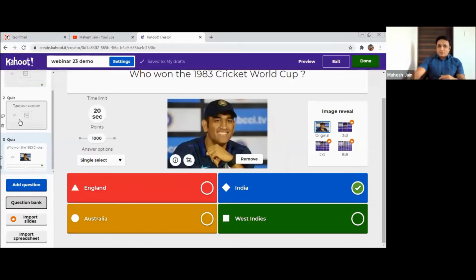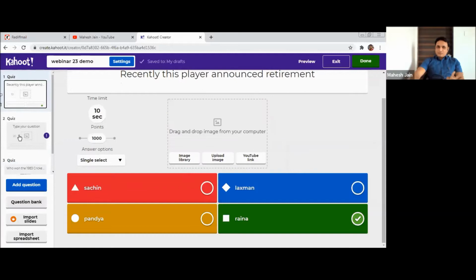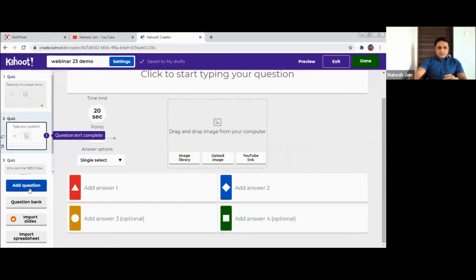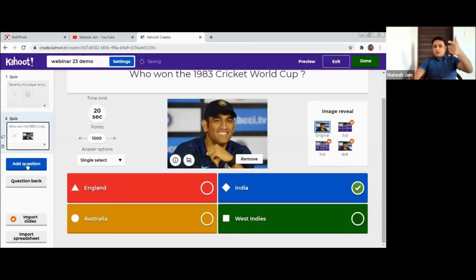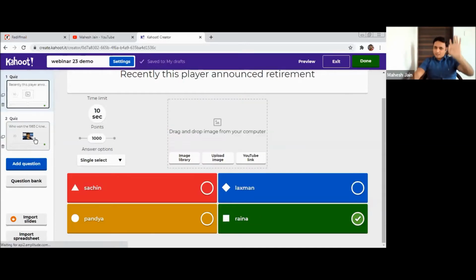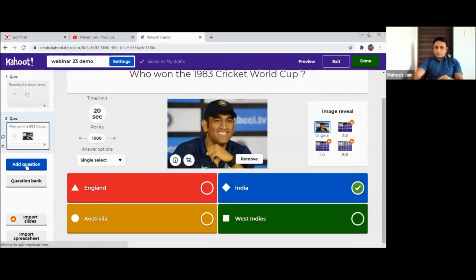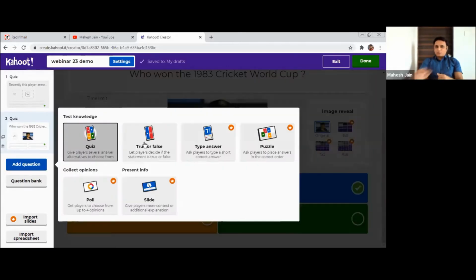Now, as I showed you, the first one was without anything, just a question with the answer. The second I have not tried to create. So what I'll do here is delete this, because until you have a proper setup ready, you will not be able to do anything. So I've shown you one example of having four options. Second, picking a question directly from the library. The third option is, let's say, a true false question.